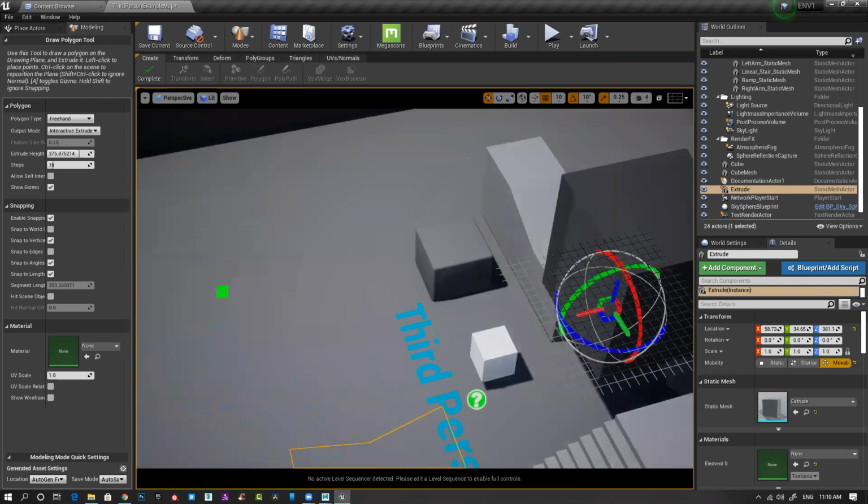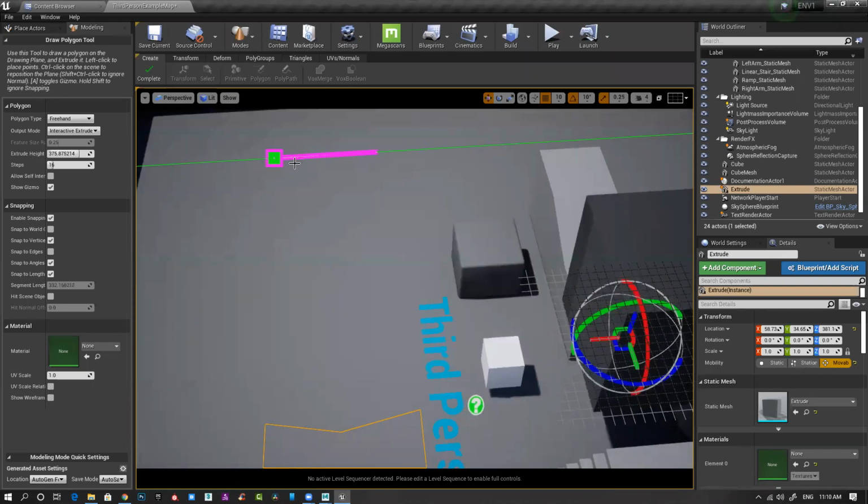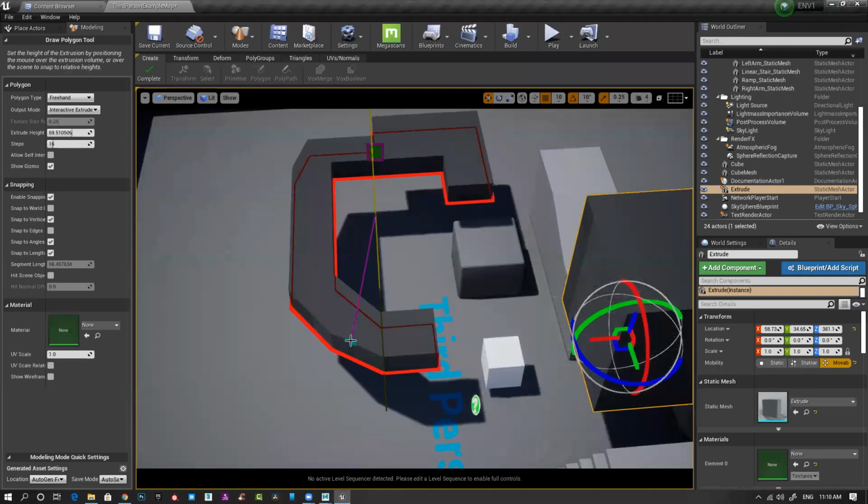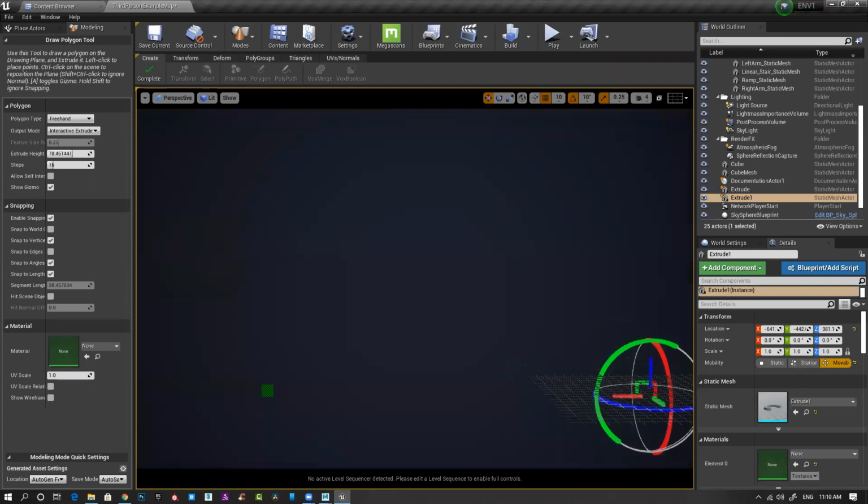If I want to create something a little bit complex, like this, I can create.